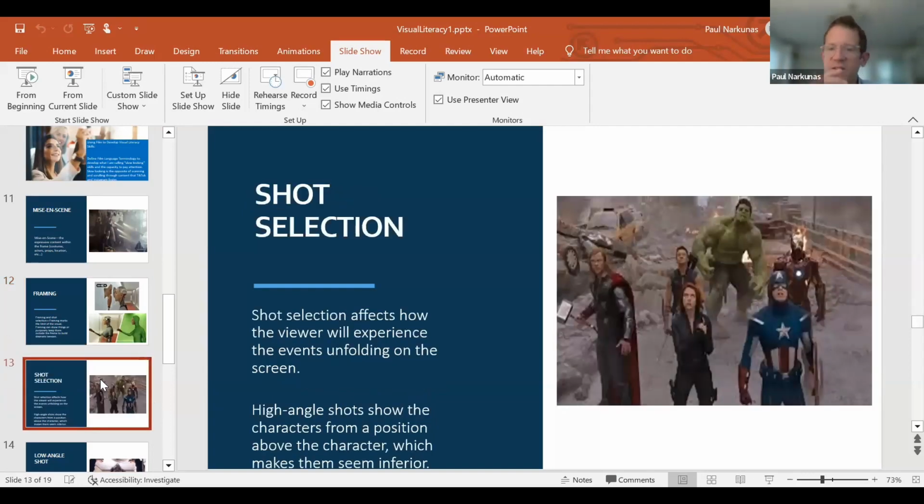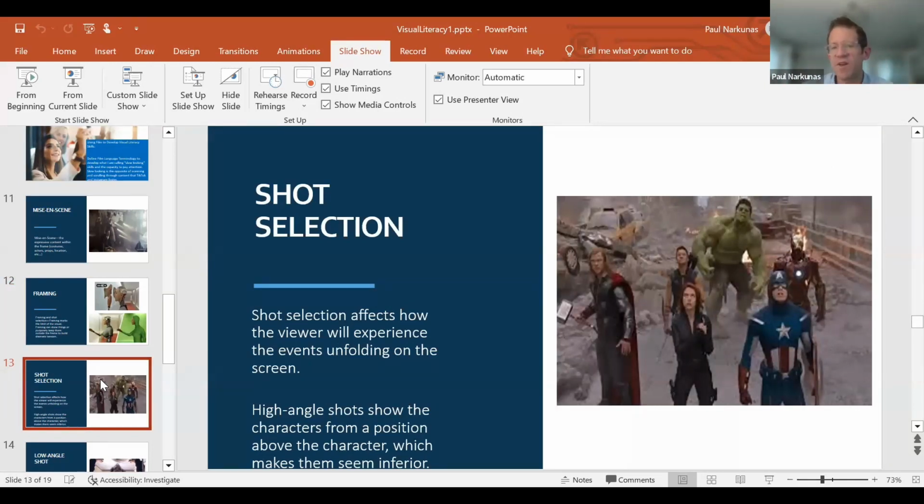Moving on, another is shot selection. This affects how the viewer experiences the events unfolding on the screen. High-angle shots show the characters from a position above the character, which makes them seem inferior. High-angle shots can be used for a number of reasons.